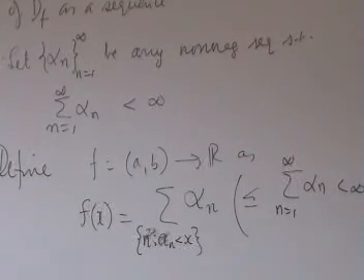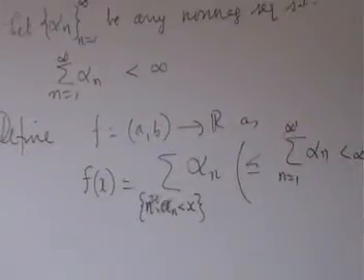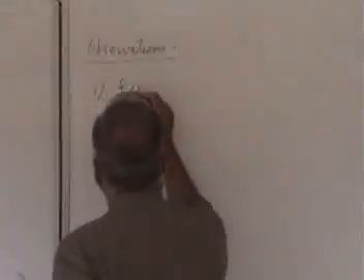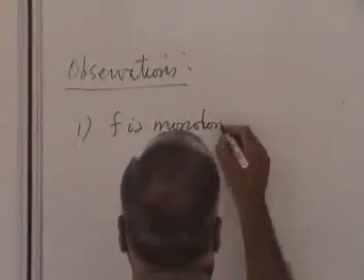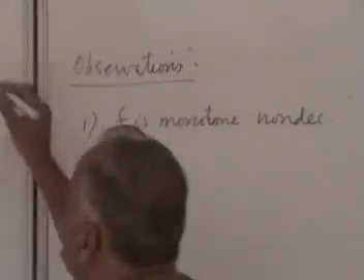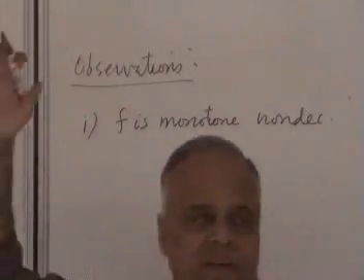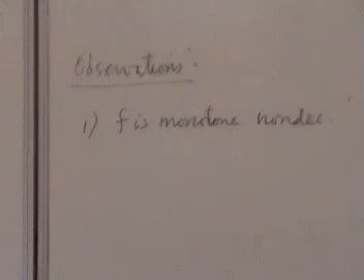It associates a real number with each x. I am going to make a set of observations. At least try to argue it intuitively once you know what it is. One, f is monotone. Why? Obvious, because if I take another y, I would have taken all these alpha n that are with x. Maybe there are some more a_n which lie between x and y, so I will be throwing more positive terms into that sum, so it will increase. So that's very obvious. It's monotone, non-decreasing.